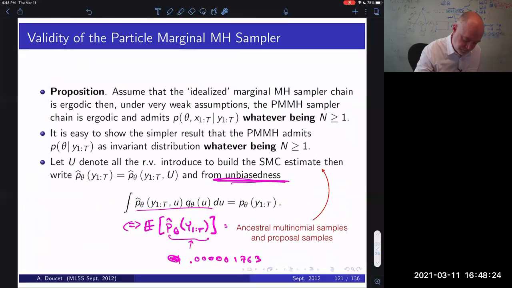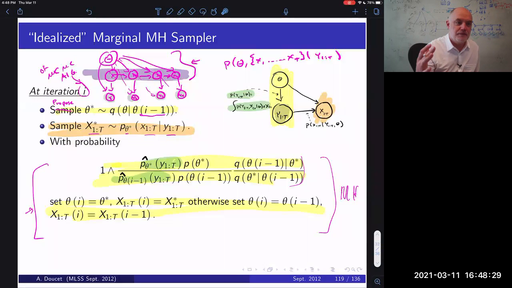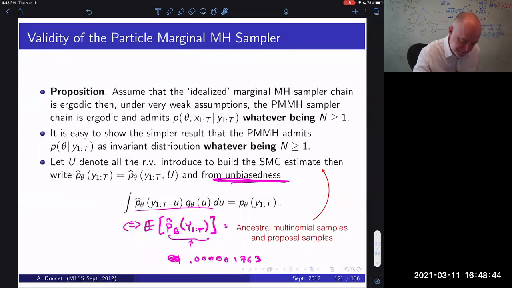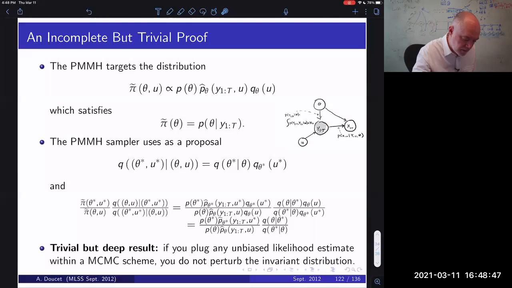SMC gives us such an estimate, but that totally bonkers up Metropolis Hastings. It's not the right ratio, right? You're computing estimates, so you have no idea whether in expectation the Metropolis Hastings algorithm is going to do the right thing. But this algorithm, particle marginal Metropolis Hastings, targets this distribution,